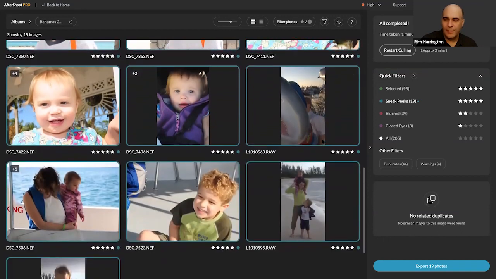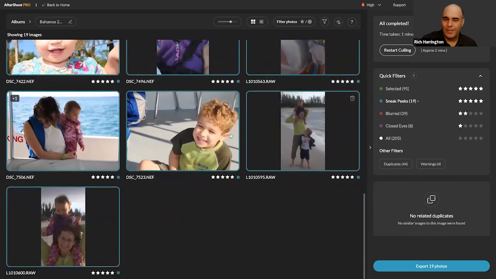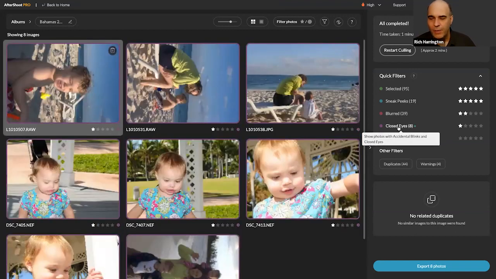This one, not so much. AI can be tricked. I really like this one here. Great emotion with my wife and daughter. And again, the ability to filter out closed eyes,